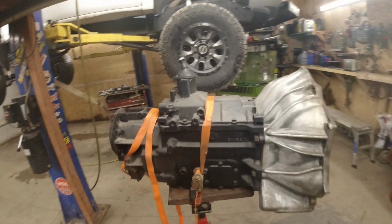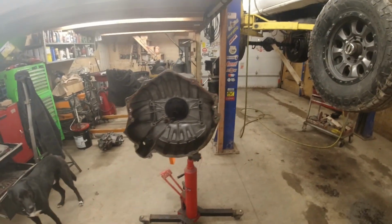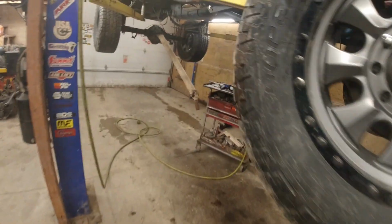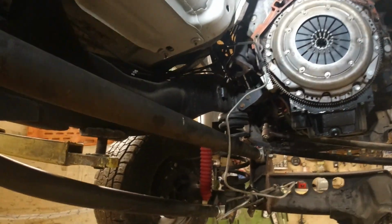So we're picking our way at her here, but anyways, this is what we're dealing with right now. I've got the fork ordered. I'll have that in a couple hours, and then we'll be able to get back to it. But yeah, it's just nice to go back and appreciate all the work I've already done when you get